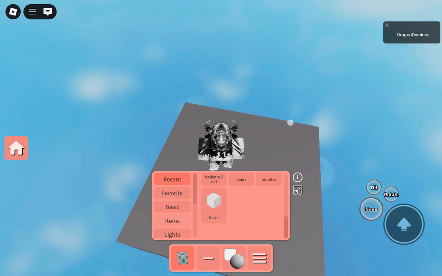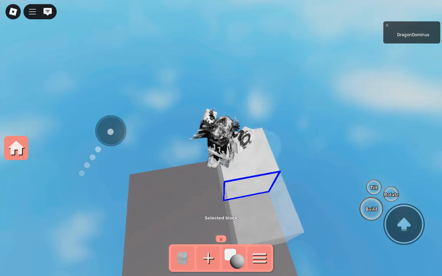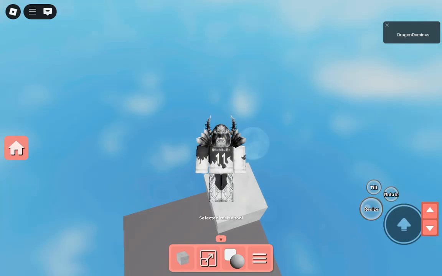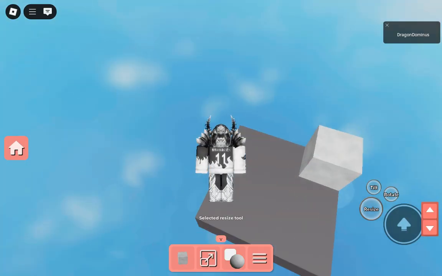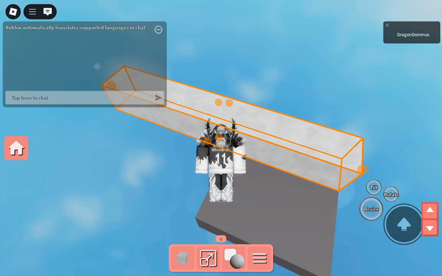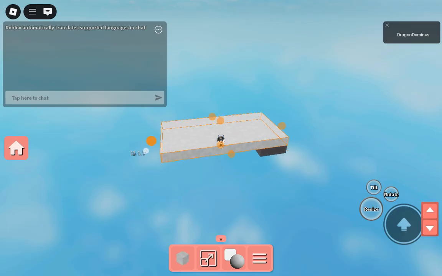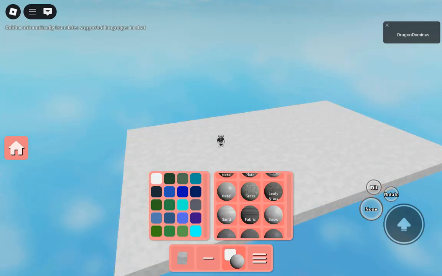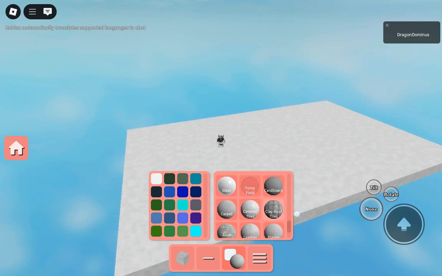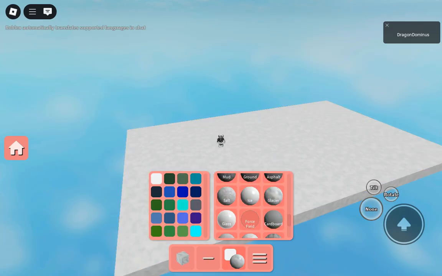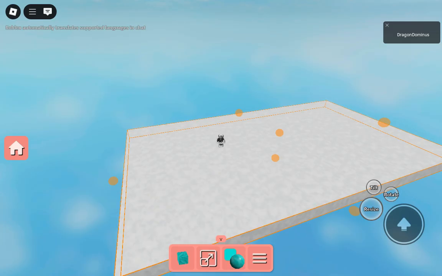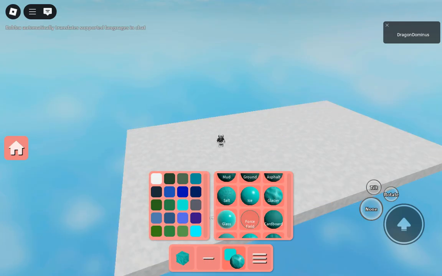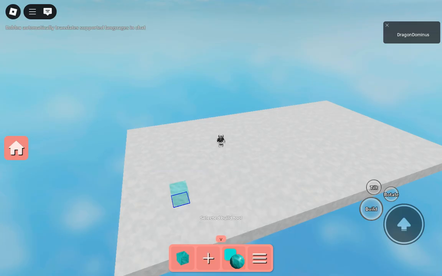If you place your surface down, and then resize it, and then now you have to get glacier and then put it to this material, and then these are the colors I'm using. This one right here,